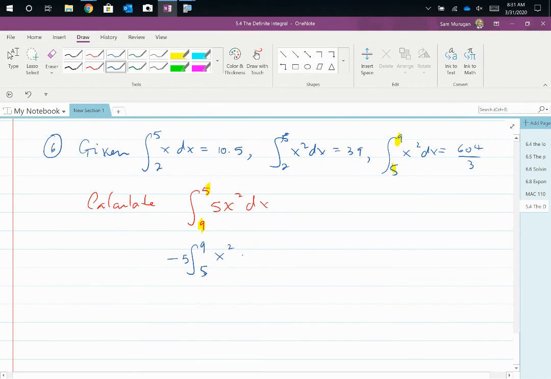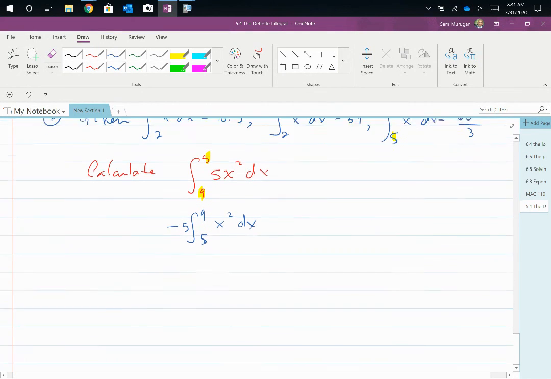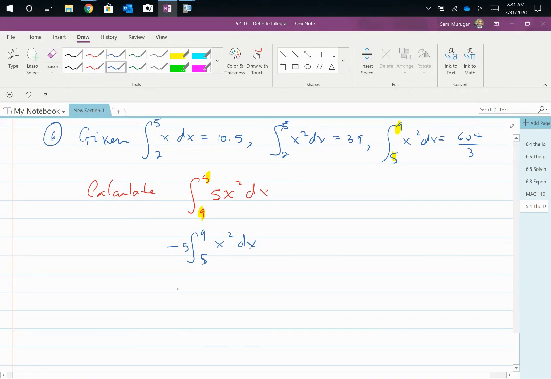Of x squared dx. So this is negative 5 times 604 over 3, which is negative 3020 over